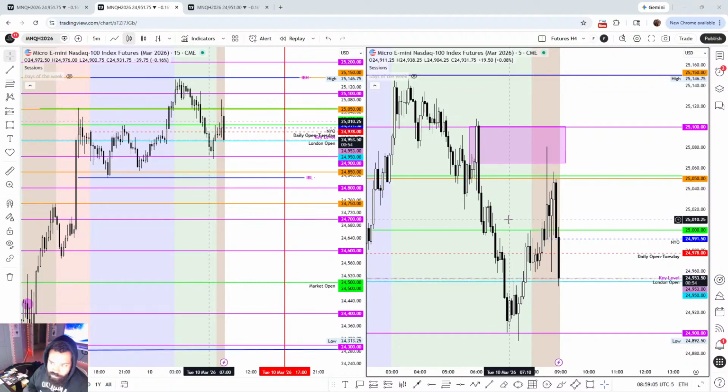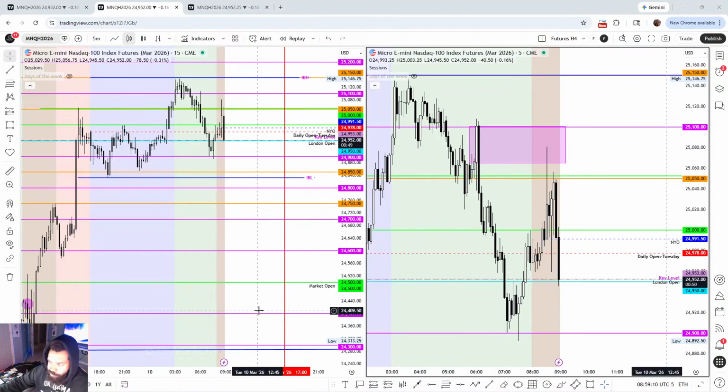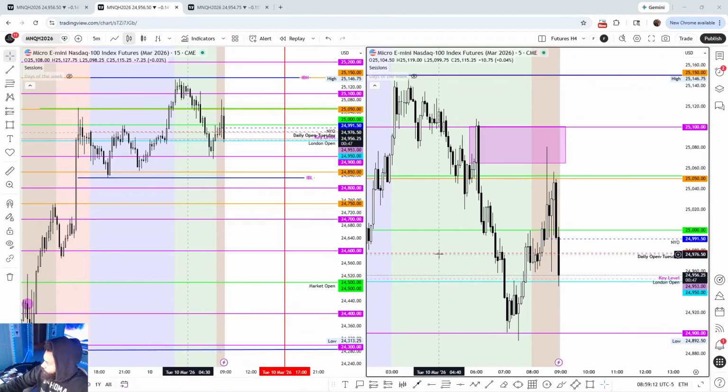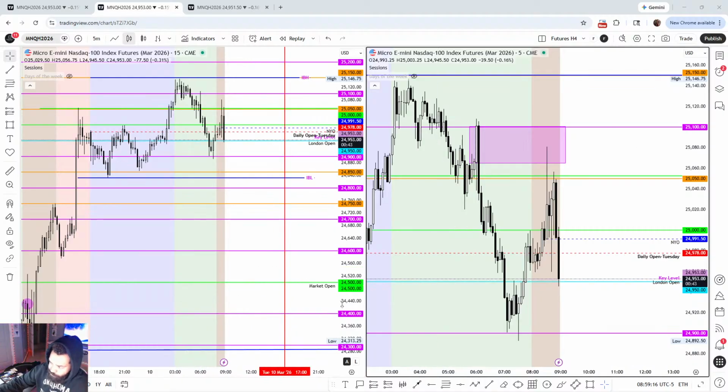Yeah, we anticipated the 4 hour to be overbought, which I kind of went over in the beginning of the stream, and for them to sell off, just based on location and buyers from yesterday. Massive day.